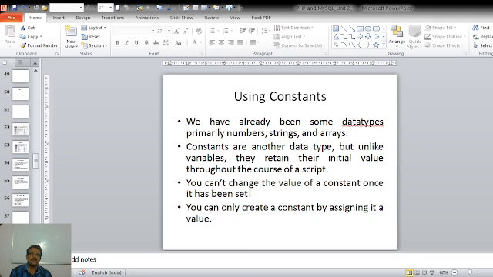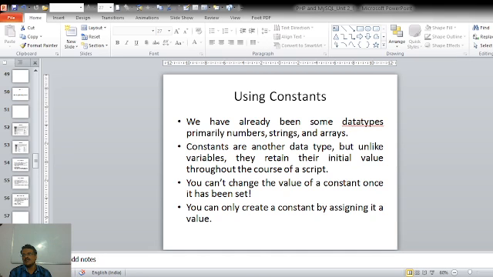Now constants are another data type, but unlike our normal variable, they retain their initial value throughout the course of the script. In simple words, constants are variables whose value doesn't change throughout the script. We cannot change the value of a constant once it has been set.